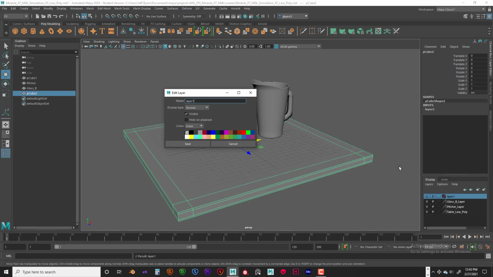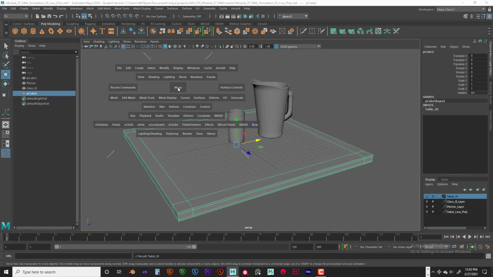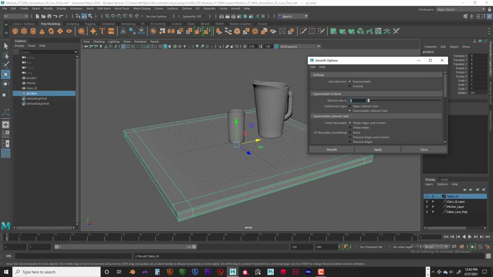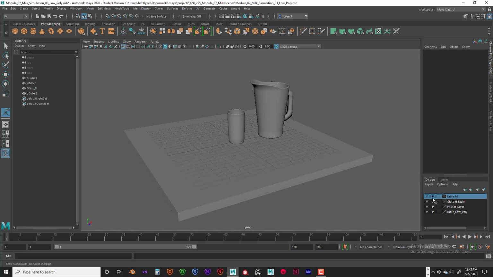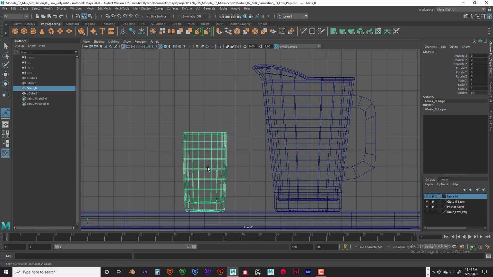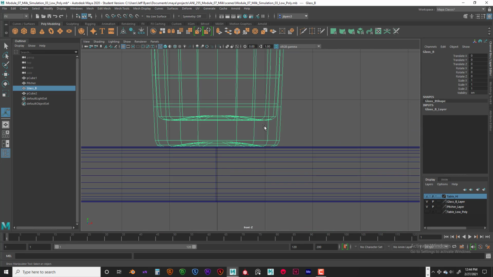And then with that, I'm going to go ahead and rename that to be Table High Poly, or just call it Table High, and save. Okay, and then we'll go ahead and go to Mesh and Smooth, and that will be subdivision levels at 2, and smooth that. Okay, and we'll turn that off. I'll turn my low poly table off so you can see there's my high poly now, and I want to delete by type history and freeze transformations on that,